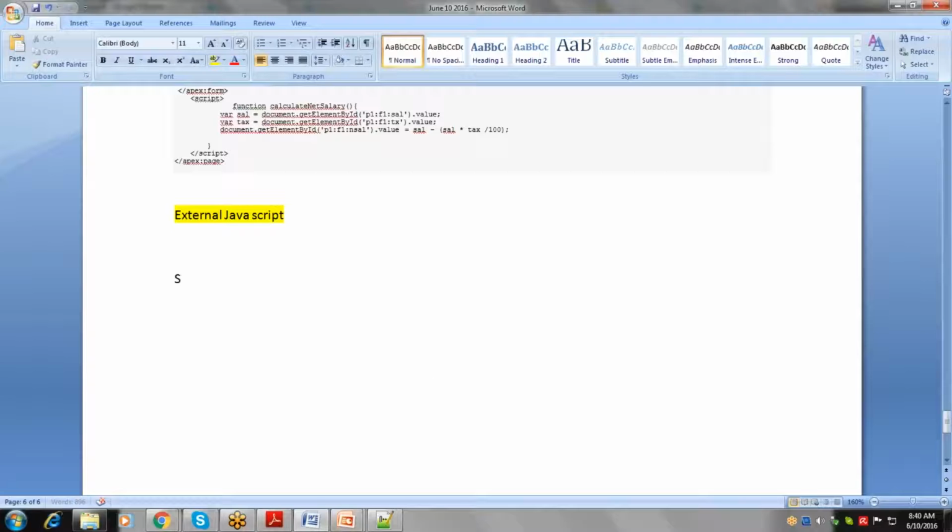We already know it. One is identify the same steps you write for CSS. Identify the JS file, upload the file to static resource, and use apex